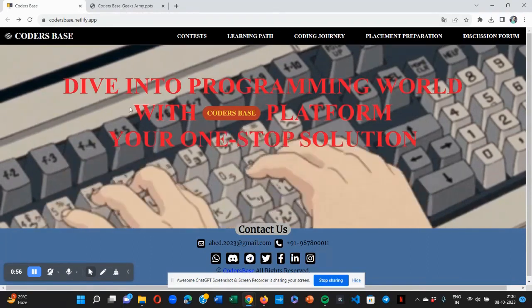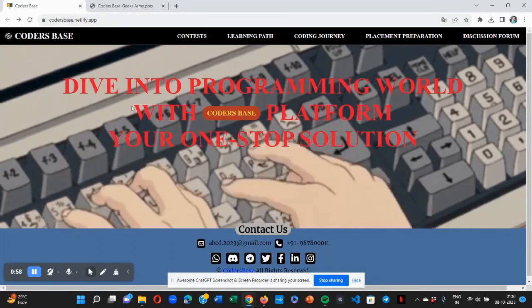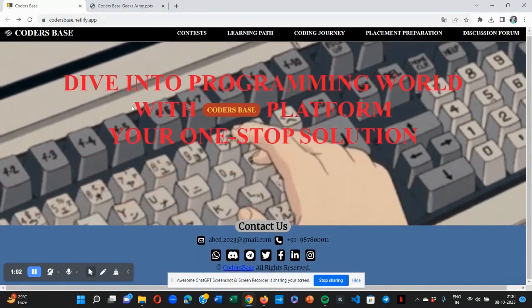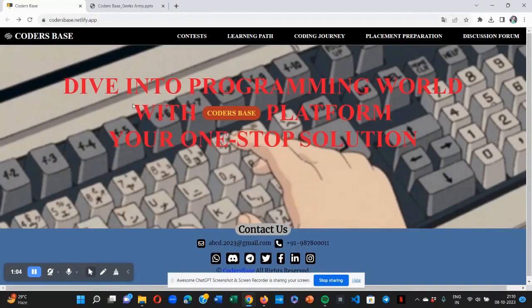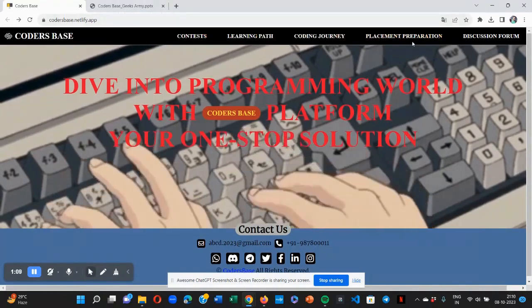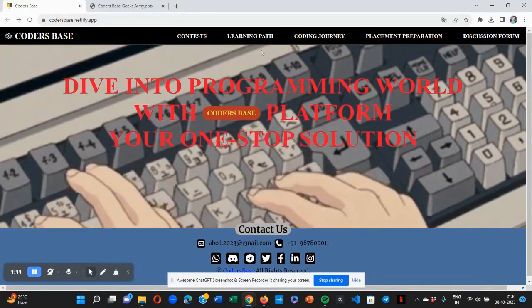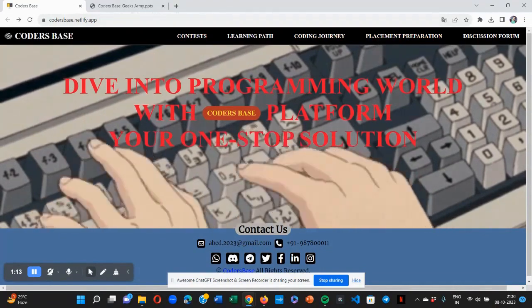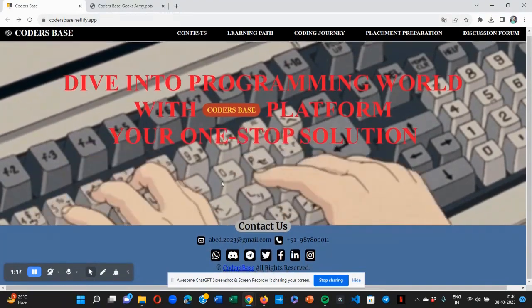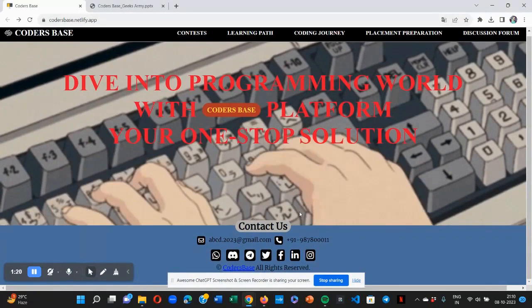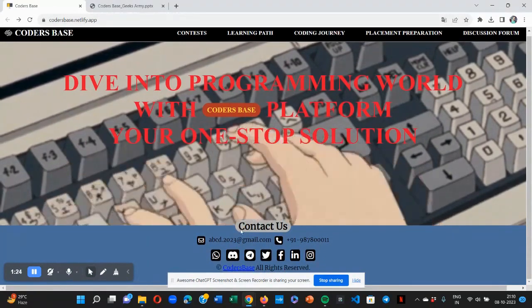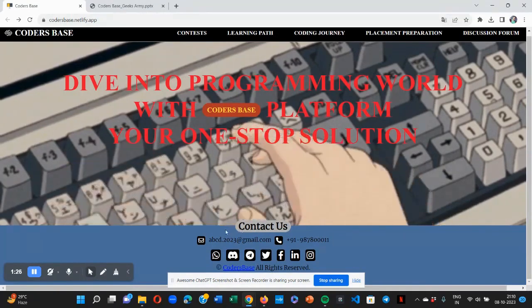So here is our project. You can have a snap at our homepage, where we also implemented GSAP and animation in the background to make it look more attractive and stunning. We designed a navigation bar at the top, which consists of five important segments that constitute our main work of the project. You can see the main aim, motto, and tagline of our website, which specifies the unique one-stop solution features of our website to access all types of coding resources under one roof.